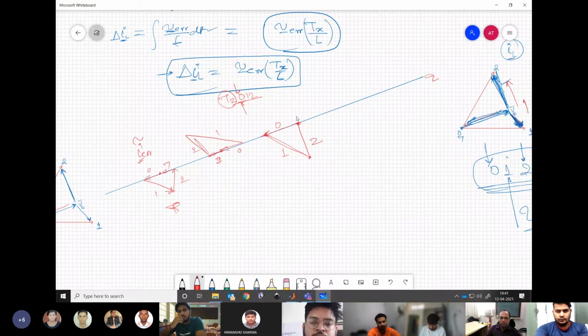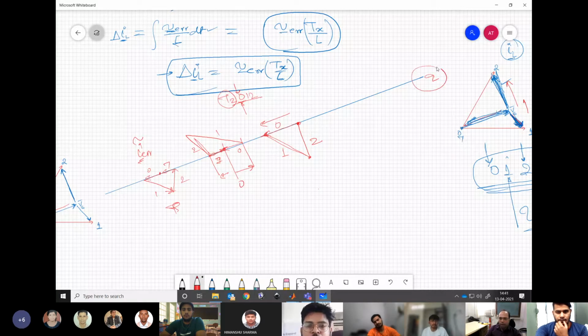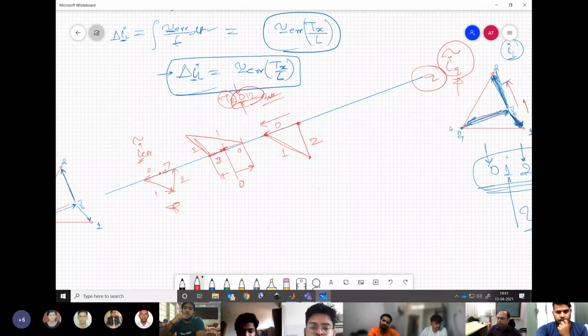If you notice, earlier your q-axis ripple was this. In the middle you are having 0, so take some q by 2 here, q by 2 here. In this case, you have completely q going on one side and then slowly coming back. So which means on the q-axis, your ripple is more for 0, 1, 2. So you have achieved bus clamping, but along with that, you have sacrificed some of the current quality. Your current ripple is now more.